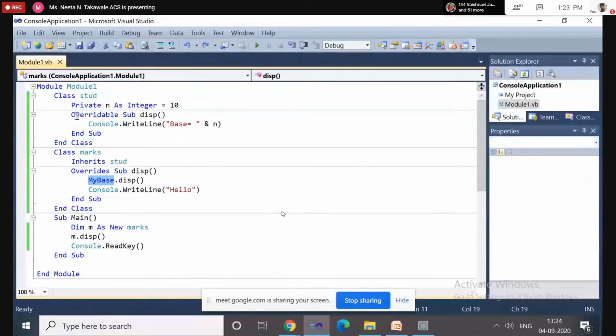Now one more keyword is there, the my class keyword. If you want to access an overridable method in the same class, then use the my class keyword.